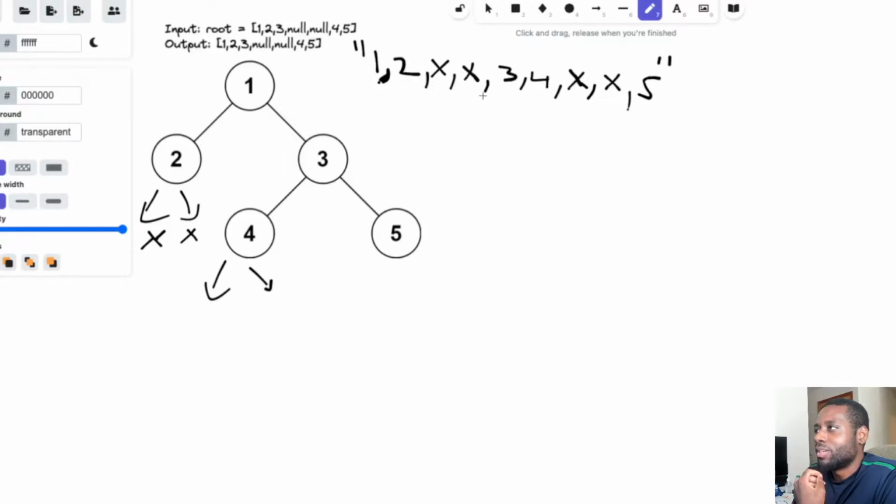I visit two, and then I do X X. Then I do index plus one. We may need an index as a global variable so I can know which part I'm pointing at, so that I visit the nodes in the pre-order that I want.